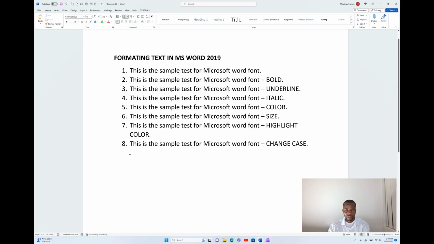Ladies and gentlemen, in today's video, we're going to look at how we can format text in Microsoft Word 2019. The skill we're going to get here, you can use to apply it in other versions of Microsoft Office. So to start with, I have sample text values. They're around 8. So we're going to have 8 formatting skills or 8 formatting techniques that we can use in